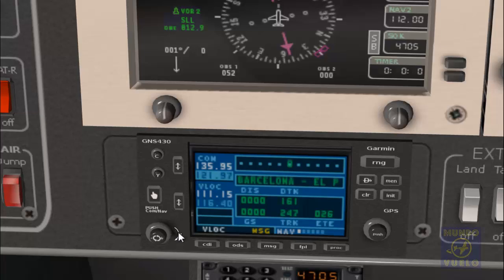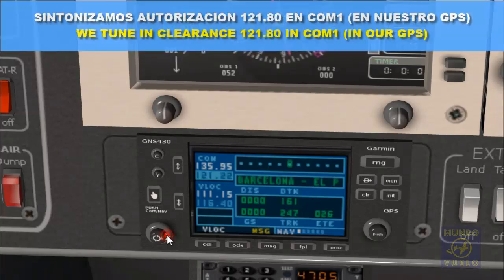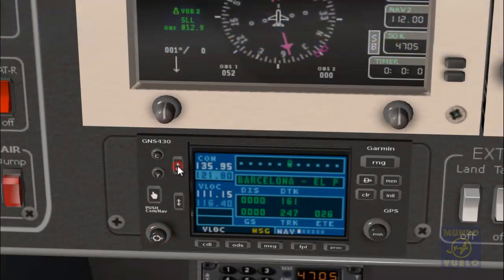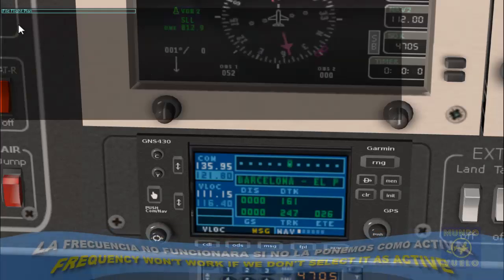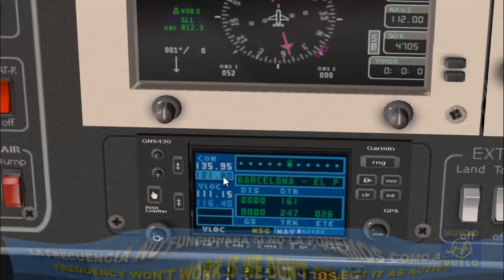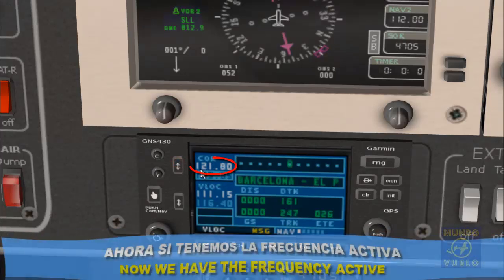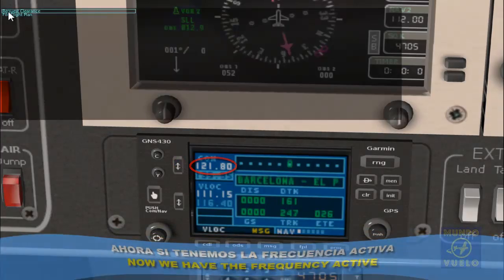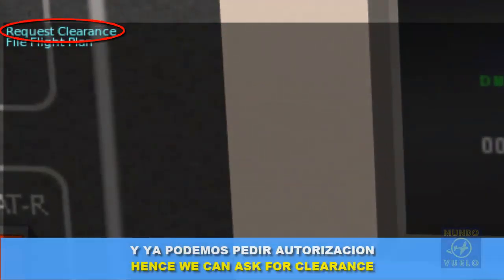And well, we will continue right now. So we will tune in the authorization frequency, the clearance frequency. And when we set up the clearance frequency, we will talk with the ATC. We put the frequency as reserved, and if we press the button that is active, we won't do that right now because we don't have the frequency active, since we have it in reserve. So if we press it, we don't see anything. But if we put the frequency as active, and now you can see that as active, and we press enter,